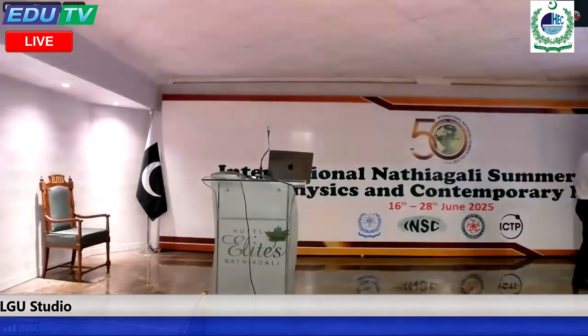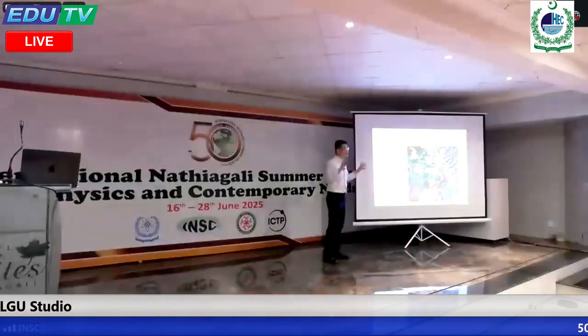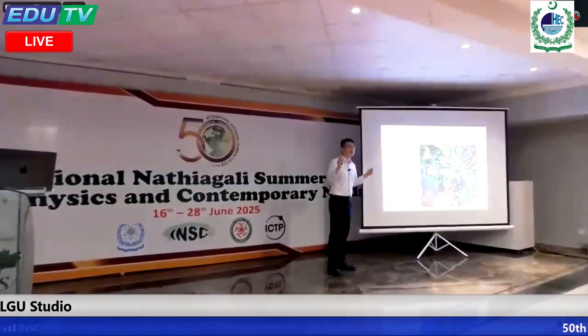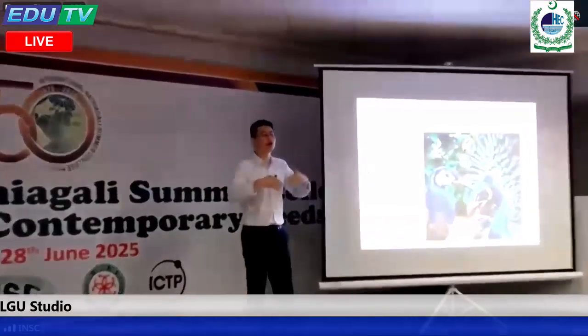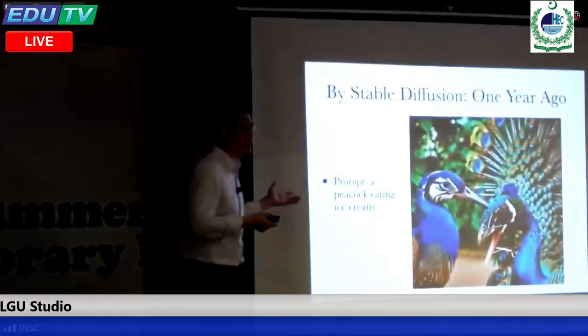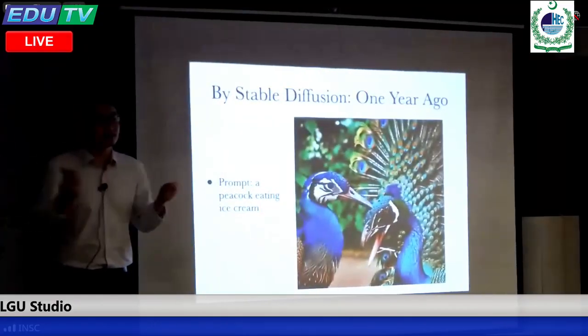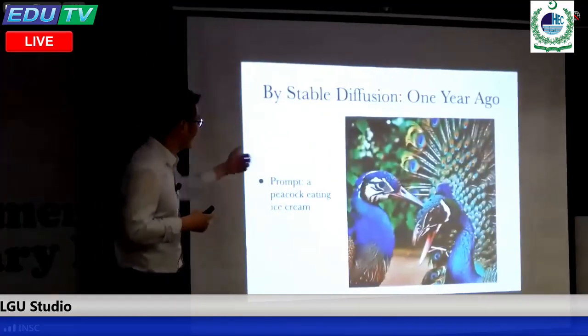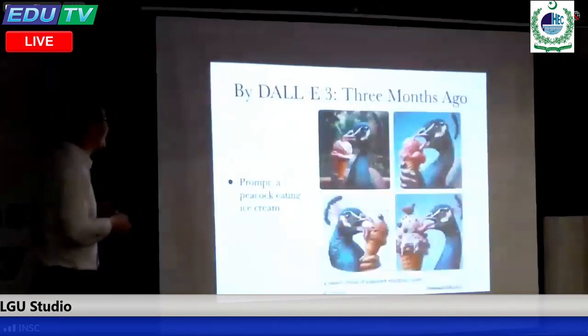And here, more than a year ago, this was the result produced by Stable Diffusion. There is no ice cream. Of course, it's random, but basically it's because in the training data, there are no similar images. You have to go beyond the training data, and this problem is known as extrapolation. We can do it because we understand the concepts and the relations among the concepts. But for machine learning systems, it's very hard to achieve.